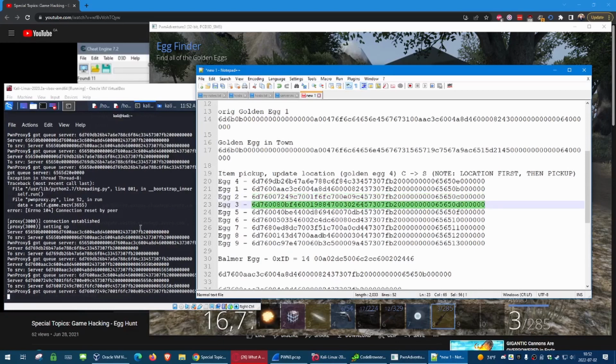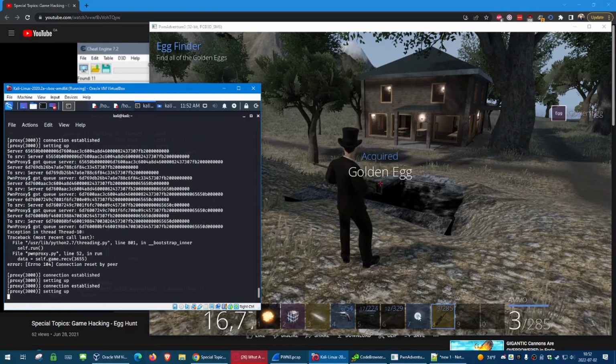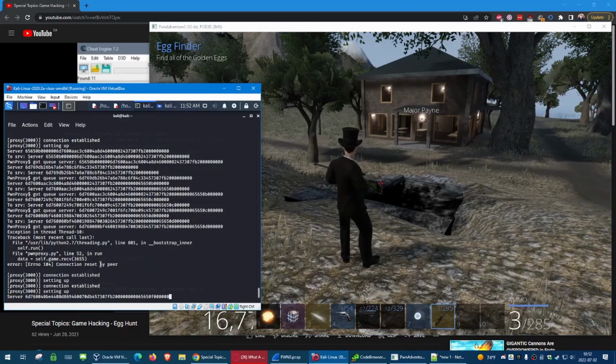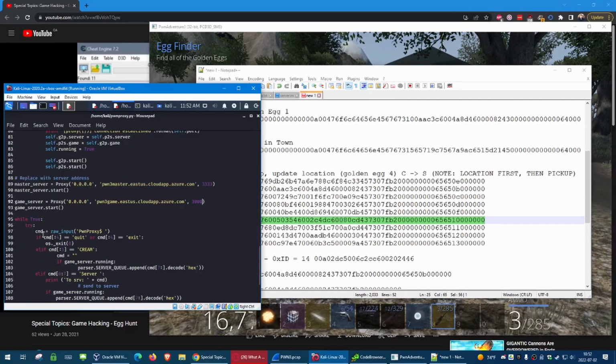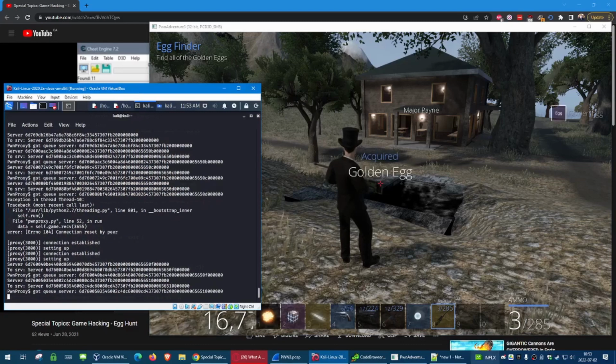And number 3. Acquired an egg. 4, we got 5. 6. And by the way, we could automate this in the proxy script. I'm doing them one at a time, but if you look at the proxy script, we could add a command so that whenever I type in egg or something, it will automatically send these packets, but I'm fine with doing them one at a time. It doesn't take that long. 6,